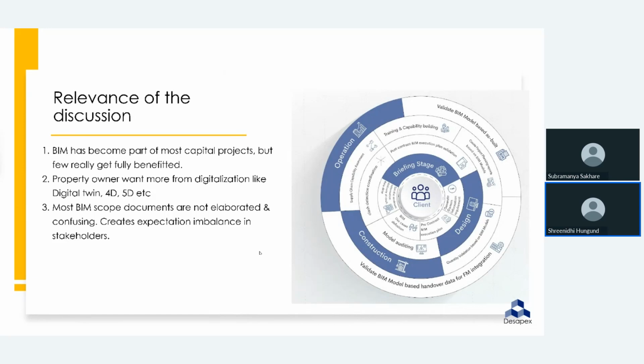And most of the time when we start using this kind of scope document, we reach a certain stage in the project, and then we start thinking that if we don't have this covered within the BIM framework, then what is the need of BIM? So we all go to that stage saying that if this is not there, then it is of no use